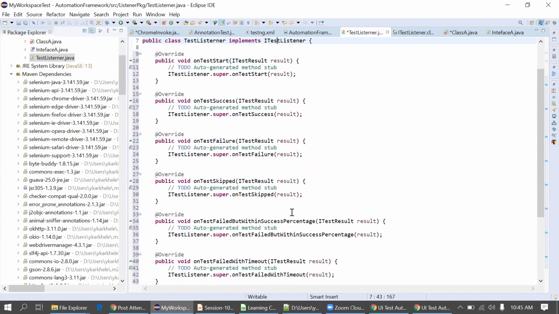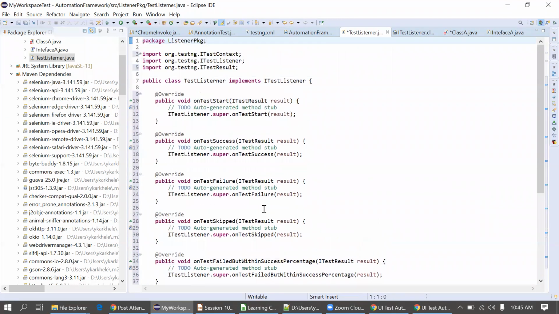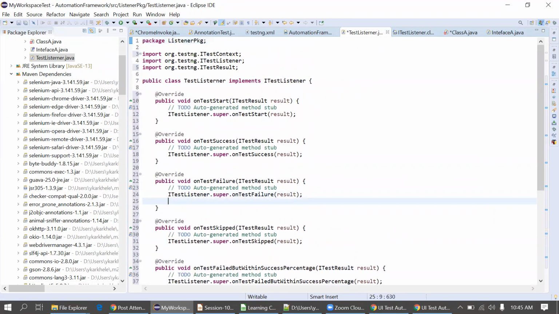So I will simply write some sysout when my test case is failing. Of course, you have to write your own code to take a screenshot here. I'm just showing how to call this, because you should know how to call this listener and how we can use it in an actual test case. I'm printing "taken screenshot". When my test case is failing, this sentence should get printed because I'm expecting this method to get called at that time.